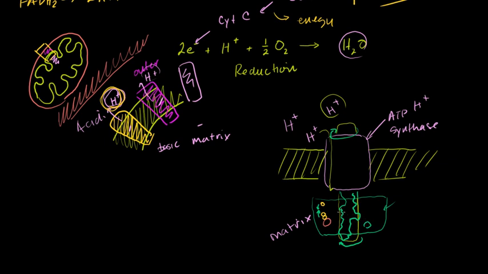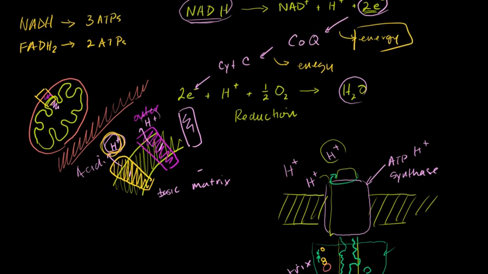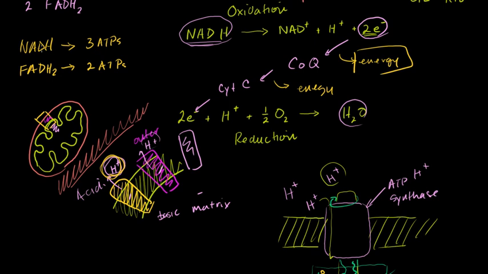And then as this thing spins around, it stretches and pulls on this outer part and pushes these two things together. So it's using the energy from this proton gradient to drive this axle. And because it's all strange, it does all these distortions on this outer part and actually pushes the two ATPs together. So when you start off with your 10 NADHs, it'll provide just enough energy to do just enough protons